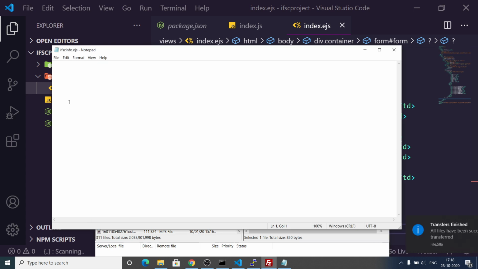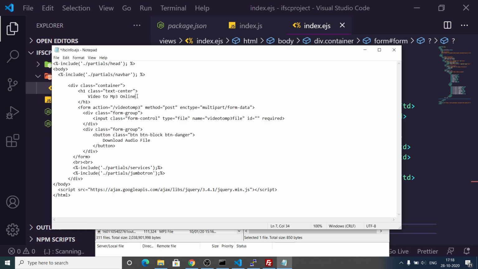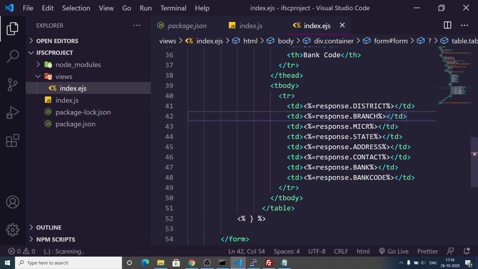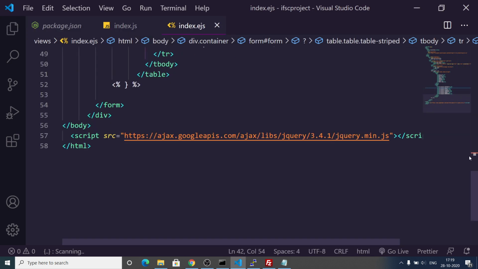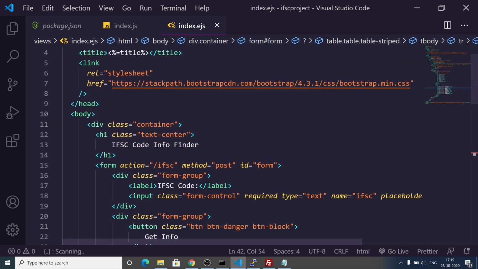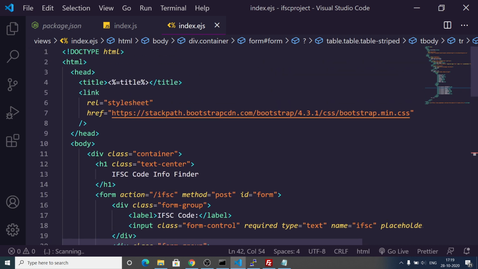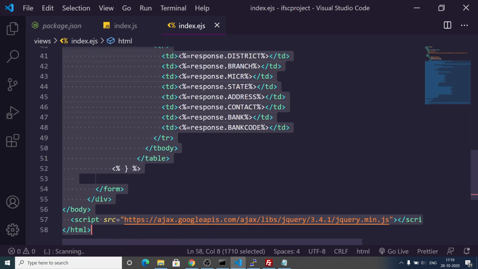I can simply copy and paste it here and change the title: search bank info by IFSC code. Then we can paste the form which we have constructed here. This is a simple index.ejs file, so from the form onwards we can copy, right here, all this stuff.